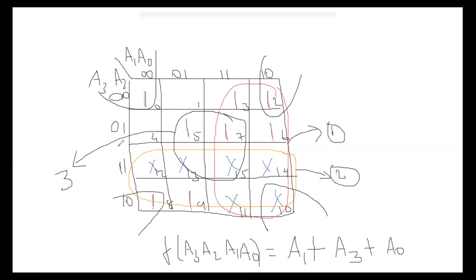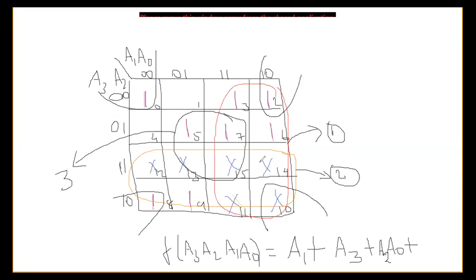Corresponding, you can see here A3 changes from 0 to 1 and A2 does not change, it is 1 only. So A2 and A0. I am writing A2 on the left-hand side because these are the MSB bits. A2 and A0, plus